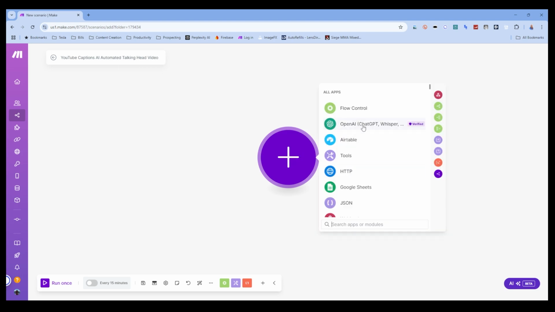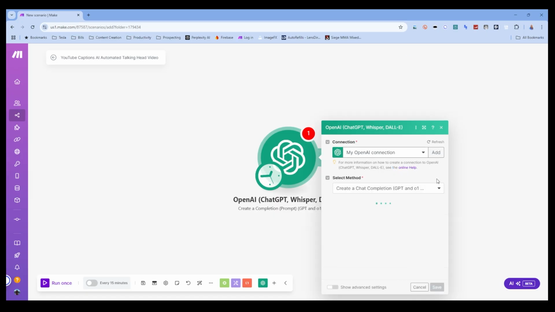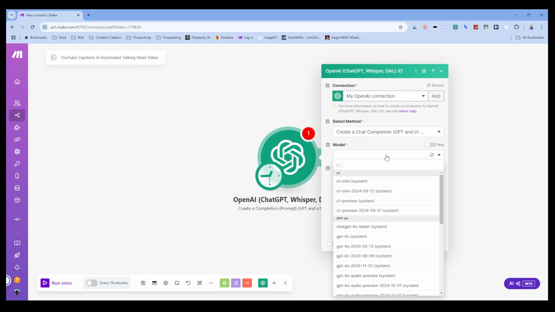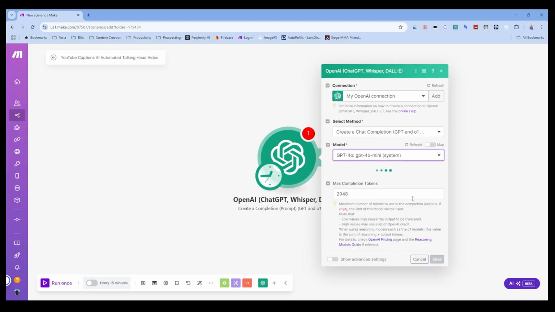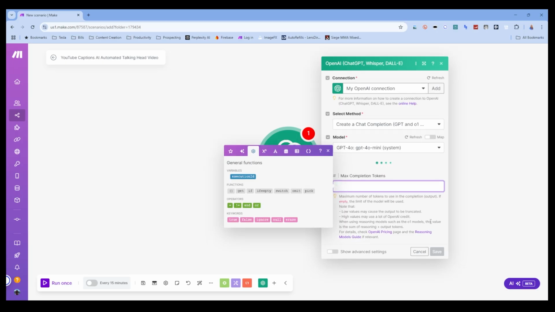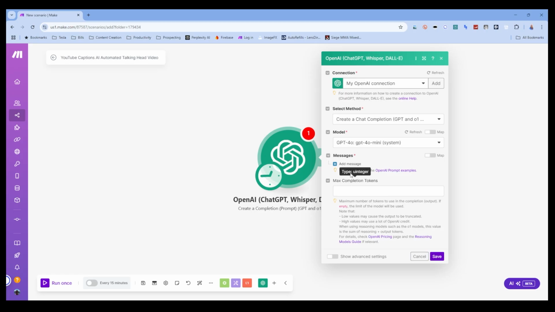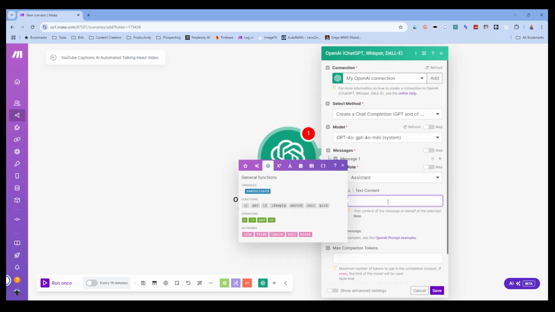What I'd probably do here is just do a ChatGPT, do a create chat completion, just for purposes of generating content for our talking head. I always use 4o mini just because it's so cheap. I do not want this to come back as a JSON, so I'm just going to do this: you are an expert content